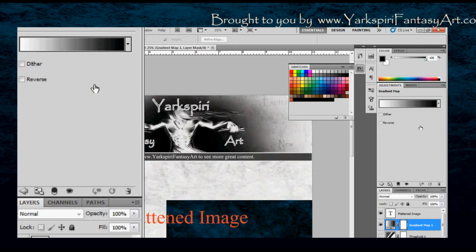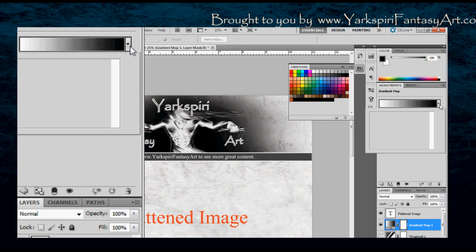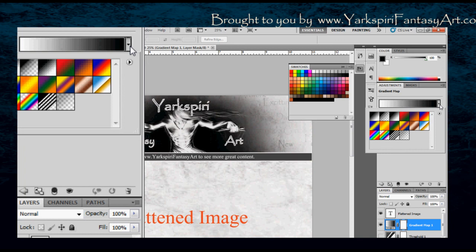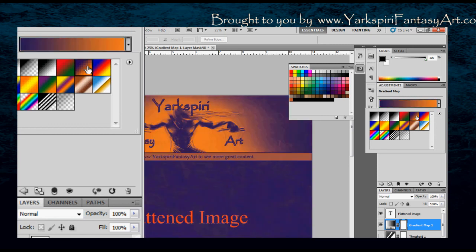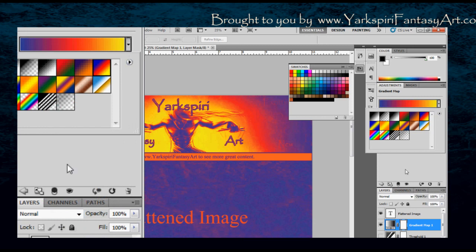Okay, and then we have the gradient map. So if you click on here, you can choose what the gradients do, essentially. So right now I have it set to the first option here, which is the default. If I set it to the next one, it turns essentially everything black. This one here, it's very similar to a grayscale. This one actually alternates the colors completely. Once again, it changes essentially what your whites and black or darker colors are. So if you have dark colors, in this case, my dark colors became purple, and all my really light colors actually became this orange color. So there's a couple of different ones in here. Depending on how many lines, you can modify this, so keep that in mind. So if I click out of there,